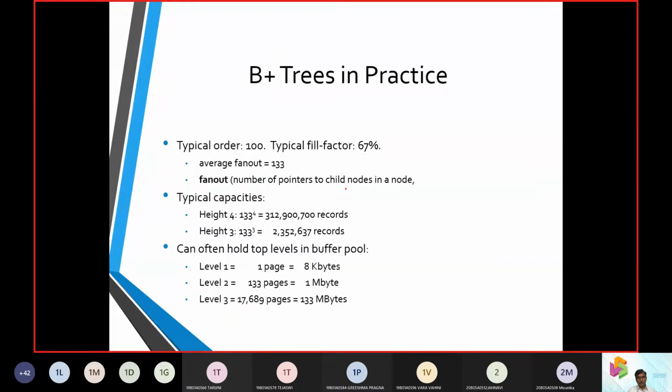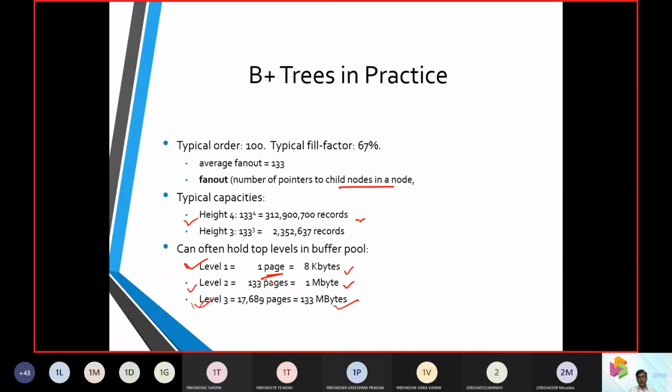Fan out, we said, is the number of child nodes from the main node, and in general this is additional information for us. If the height was 4, then around 312,900,000 records are taken up, and at level 1 it occupies 8 KB, at level 2 around 1 MB, and at level 3 around 133 MB.